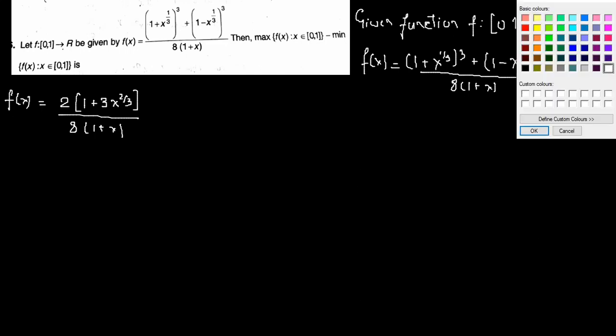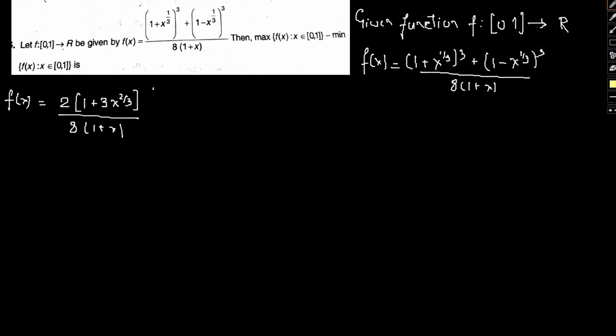So this can be further written as 2(1 + 3x^(2/3)) + x. So we did nothing but simply expand both the terms using the formula